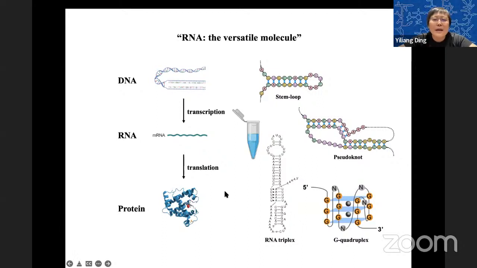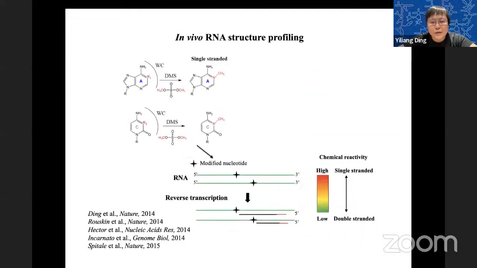So then we noticed that all these studies have been done under in vitro conditions. So we don't know whether or not these structures will really fold in living cells. And also, because we don't have that knowledge, we don't know the functional importance of RNA structure in a biological context. So pretty much since 2014, several groups, including ours, developed the first in vivo RNA structure profiling methods, which